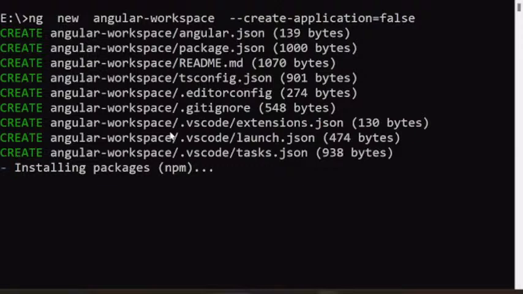So make sure that you are connected to the internet every time, because all these libraries are installed online, right? These commands will not work offline. So make sure that you are connected to the internet while installing Angular, while installing workspace related libraries and all. Otherwise it will fail.